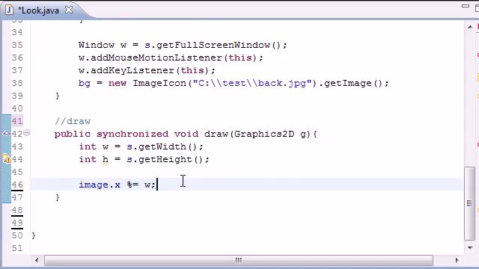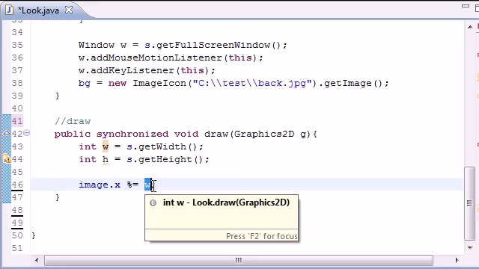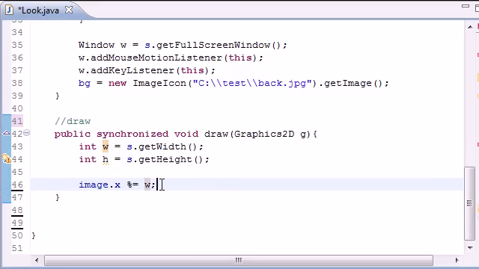Now let me explain what this means. Remember, image x is the x location of the image, and w is the width of your screen. What this means is image x is equal to the remainder of image x divided by the